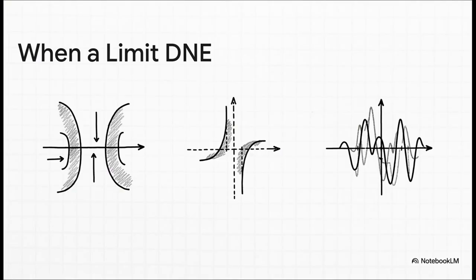And this brings us to a super crucial point. A limit doesn't always exist. Sometimes you'll see it written as DNE, which just stands for does not exist. This happens if the function is heading to two different places from the left and the right, like in that jump we just saw. It also DNEs if the function just shoots off to infinity, or if it just wiggles back and forth like crazy forever without settling down. In those cases, there's no single destination it's approaching.